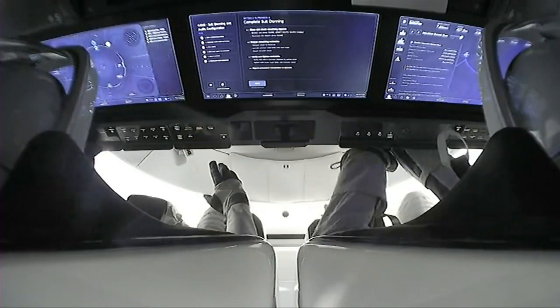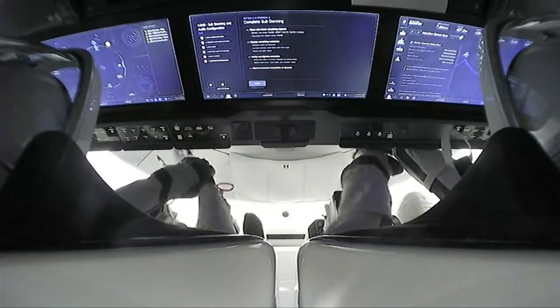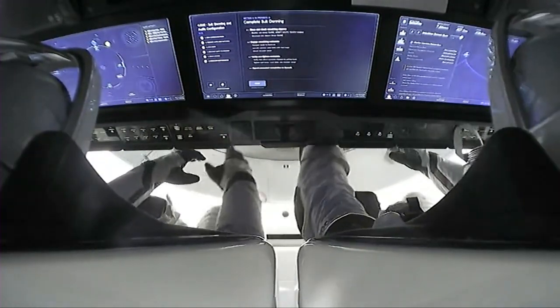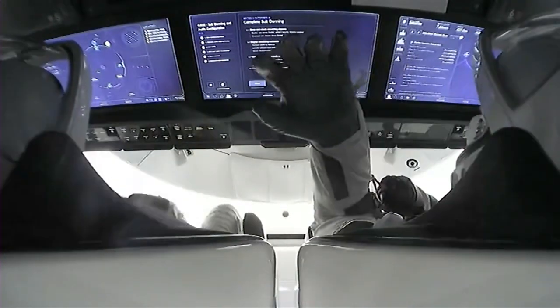And back inside the Dragon capsule, we have everyone in their suits and seats. Looks like they are fully suiting up now, putting those gloves on, as well as we have a view of those crew access panels, those displays in front of them, pilot and the commander there in the center. Much like a ship has starboard and port to that green and red light to see the orientation, Dragon and these spacecraft also have that same green and red light so that you can tell what the orientation of the